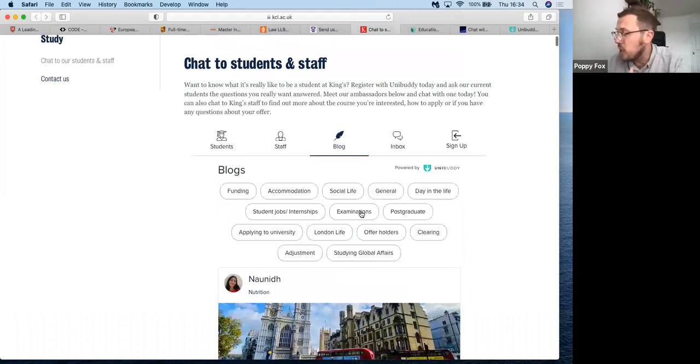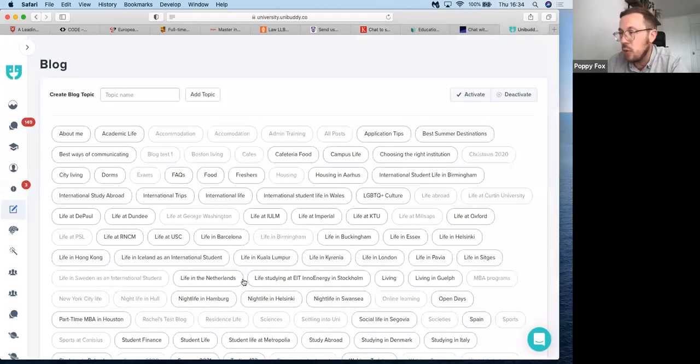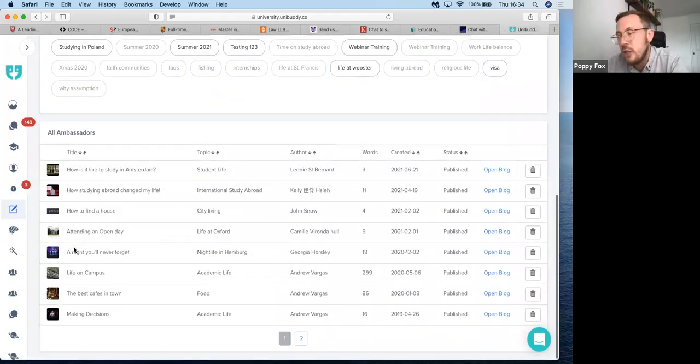But in terms of how that process works, your ambassador can just upload that content via their app. That will come through to the dashboard here. And then before it's published, you would have full view of that. So you could click into the content itself. If you want it to have any edits, you can work with the ambassador on that before it's published to a wider audience.